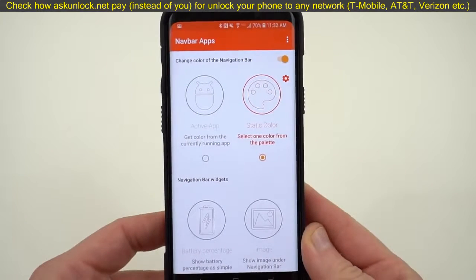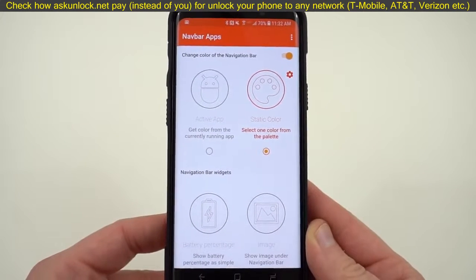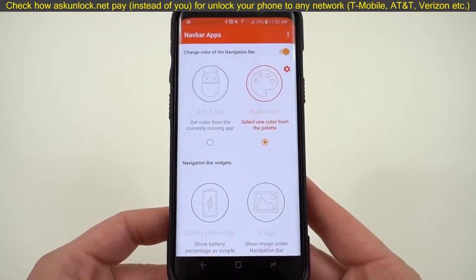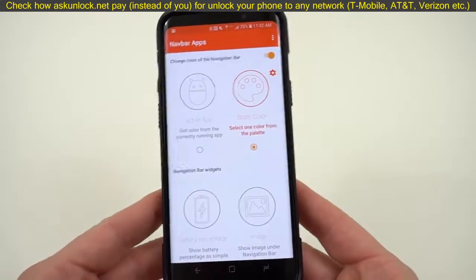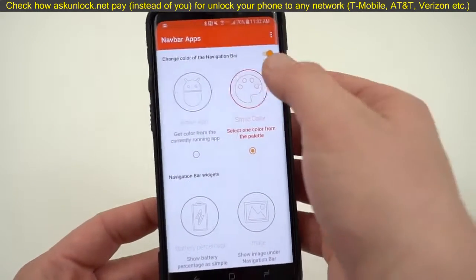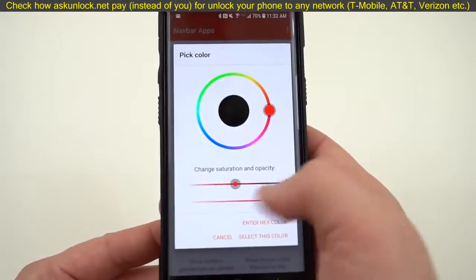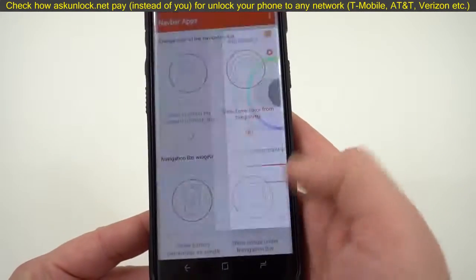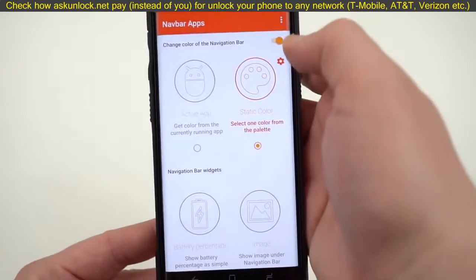With this app, you can choose a static color, or you can actually choose to have your nav bar match the color of your active app, which you can do right there. There's a lot of other cool things you can do, but I basically use this one setting. Pick a static color, set it to be black, select that color, and then if you go into the advanced